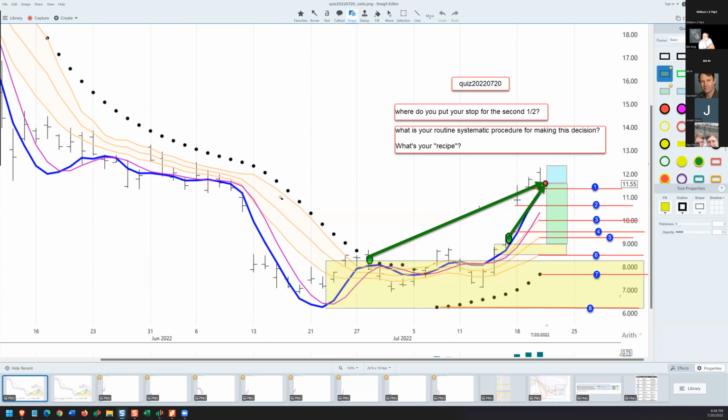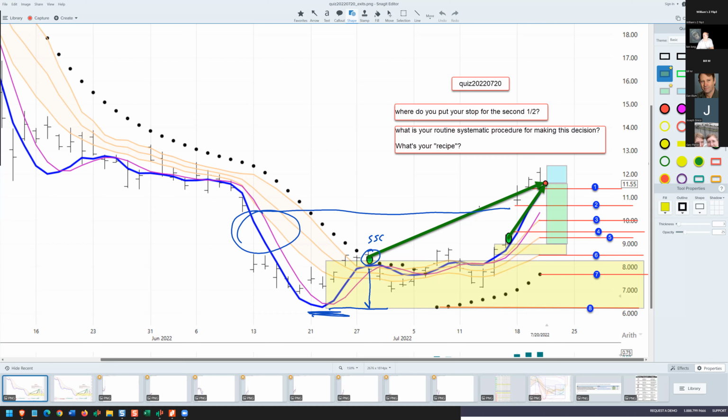So here's a quiz for you. Suppose you were in this position and you had been stalking this symbol and you had followed it all the way down, saw the gap, bought an SSC with the standard risk, saw the COTA 2, you were patient,